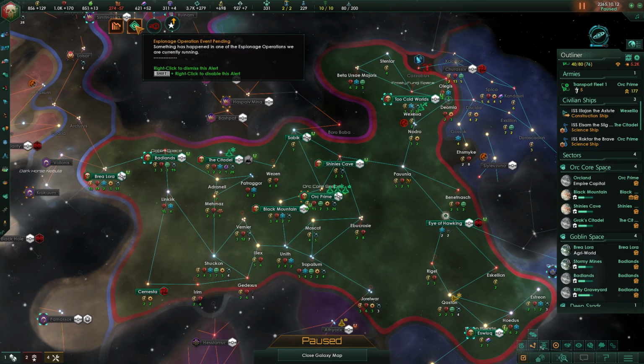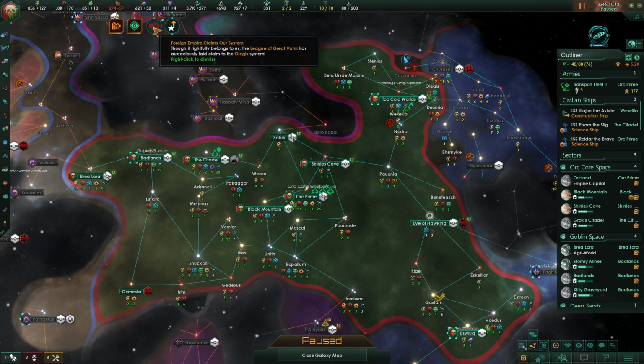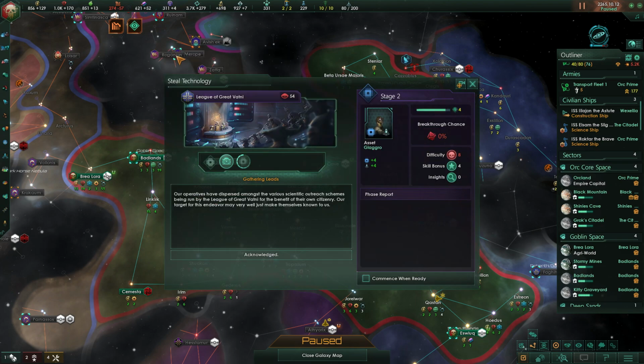Alright, so the espionage event, I didn't set it to fire when ready, and so therefore we have to actually approve it. It's fine to do it this way as well, so you know when they're about to get it started, once they've finished the first stage and basically got ready to commence it. But you can always check that, as we did with the last event we did when we were looking